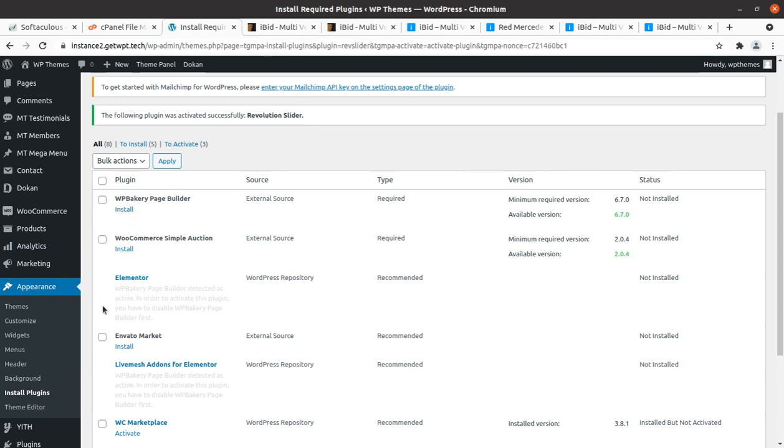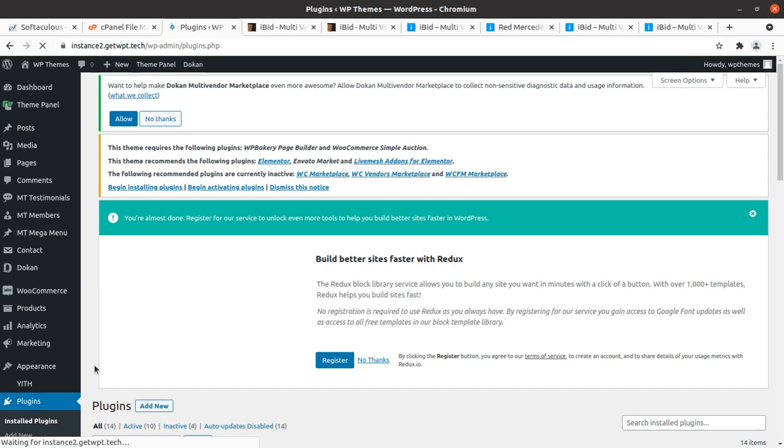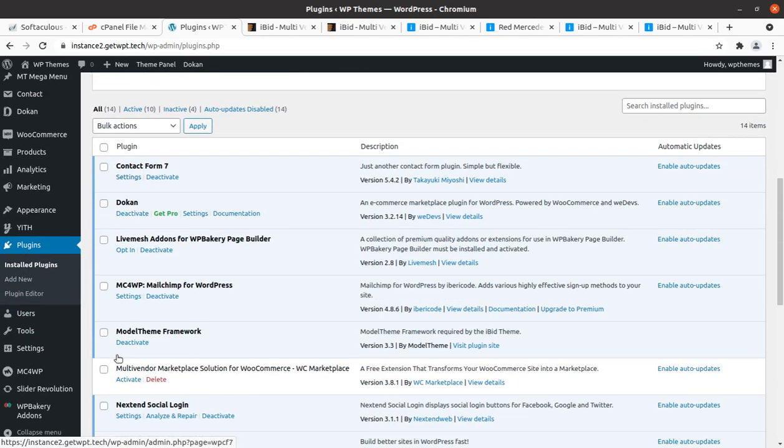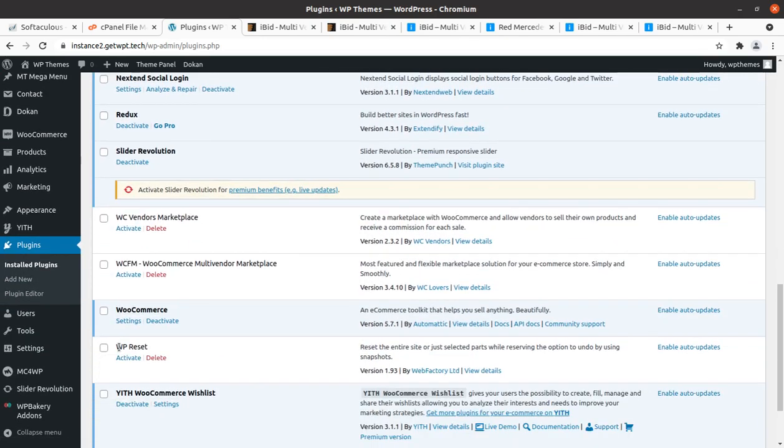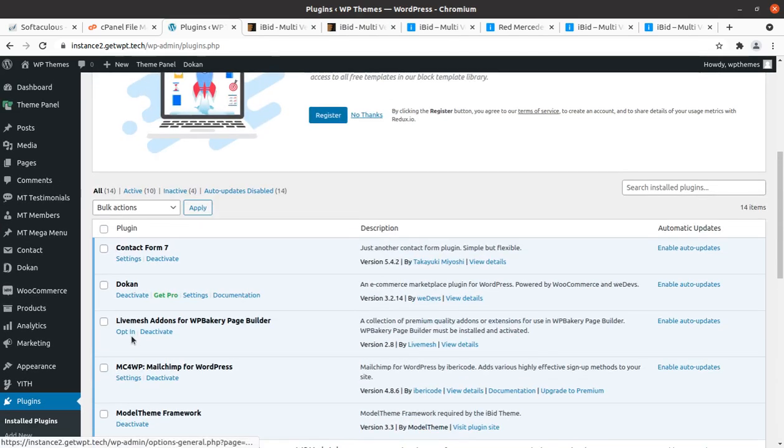Why is it conflicting, Elementor and the WP page builder? We have to choose Elementor, just in case, and I want to check it. So I'll go to the installed plugins. WP Bakery is also not available.